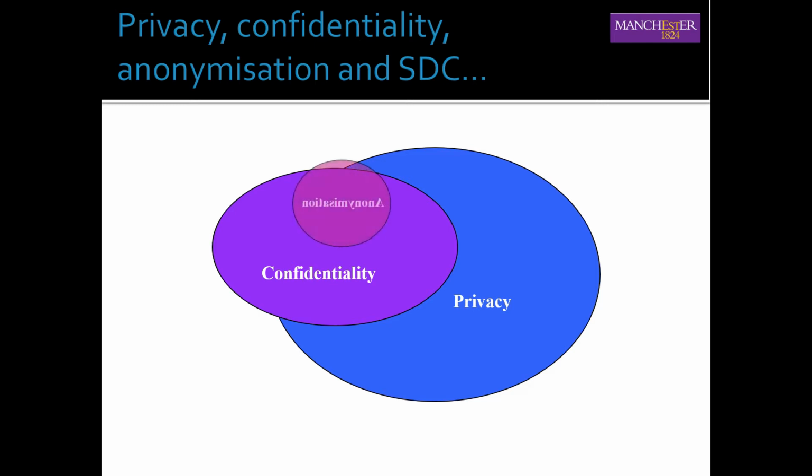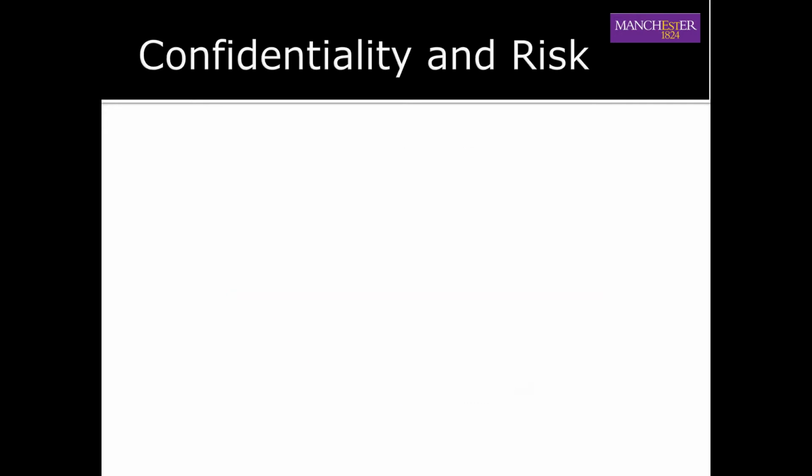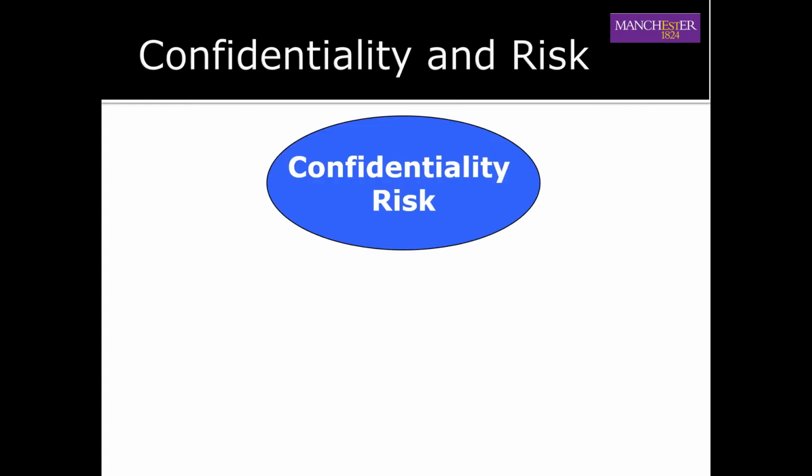They particularly get confused in the anonymisation literature and its companion concept, statistical disclosure control. And one could say something similar about the misnamed differential privacy. Okay, so if you're talking about confidentiality as a boundary condition, then you can think about that boundary being breached, and therefore you can think about the risk of such a thing happening. So it's meaningful to talk about confidentiality risk.